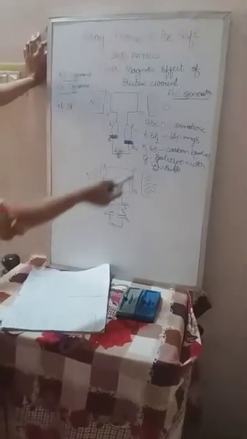I think you know about that. Galvanometer is a device which is used to measure electric current, right? Low electric current, high electric current. Which device is used to measure the high electric current? That is the ammeter. Keep in mind, an ammeter is a device used to measure high electric current, and a galvanometer is a device used to measure low electric current.